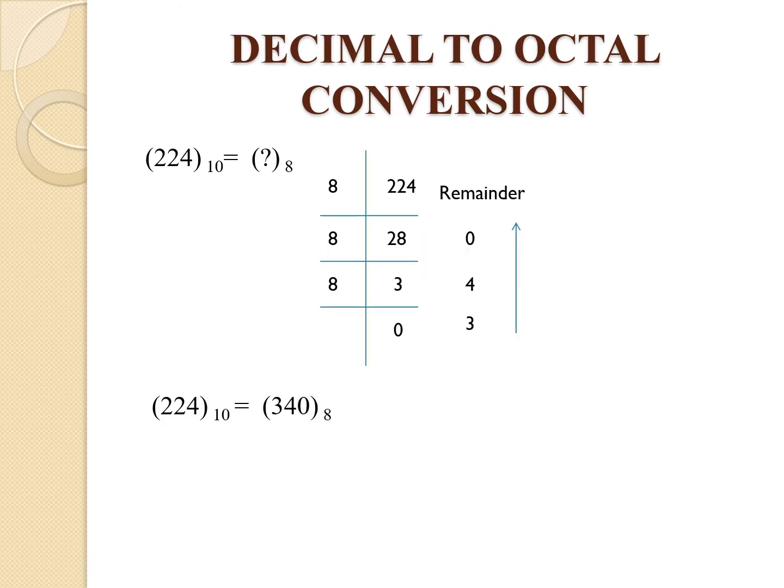Decimal to octal conversion. The given number is 224 and we need to convert it into octal number system. Take the number 224 and divide it by 8. The answer will be 28. Write down the remainder, that is 0. Again divide the answer by 8 till we get the answer equal to 0 and write down the corresponding remainders, and then go from bottom to up. So here 224 in decimal is equal to 340 in octal number system.